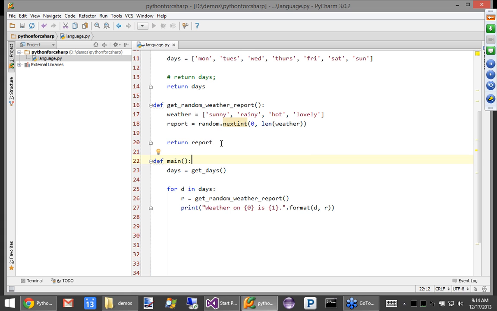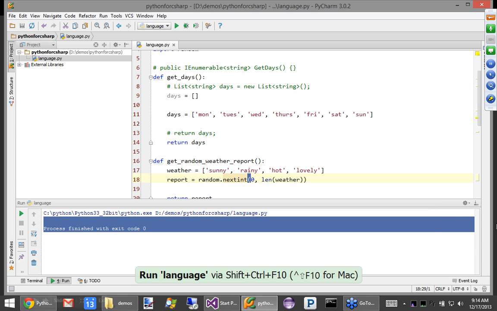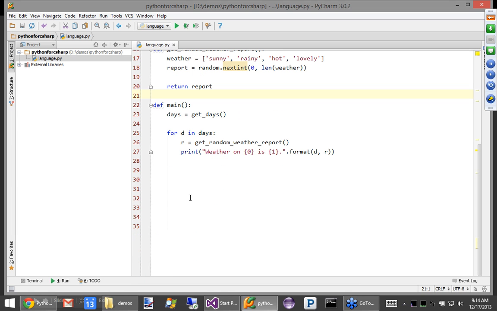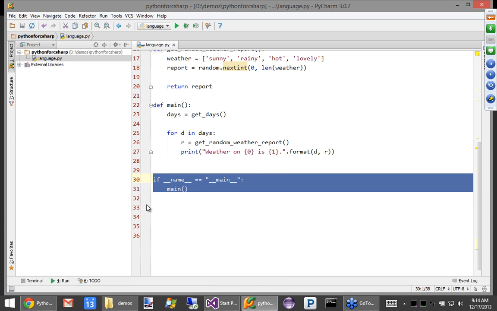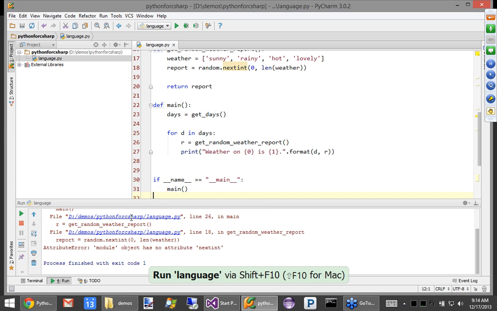Okay, so now we're going to run this, but notice nobody's going to call main. So let me go over here and right click and say run. And it runs down here, but nothing happened. So in these Python scripts, there's not like an entry point. What you need to do is just say run the main method. And sometimes you'll see code that looks like this: if __name__ equals main, then run this. If you're importing this script, all the code that's not indented is going to execute if it's not defining a method or a class. So this says only run this main method if the class you're running is this class. All right, so let's run this.